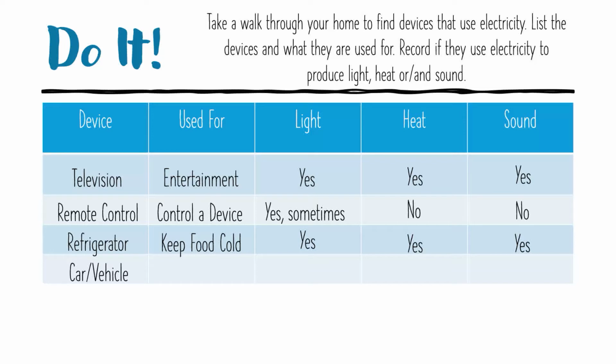And my car. My car is used for transportation. My car produces light with its headlights, its interior lights, its tail lights. My car produces heat, okay? And my car produces sound. So make sure you have this written down on your piece of paper or in your journal,